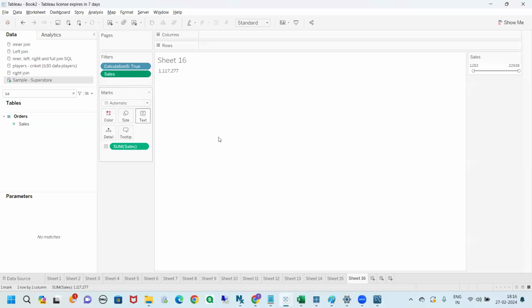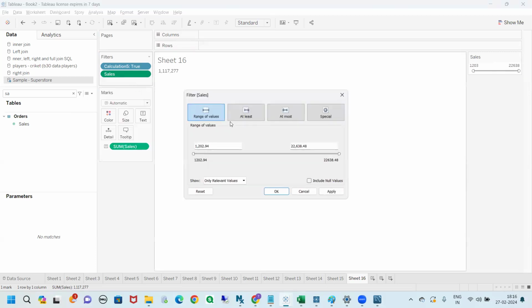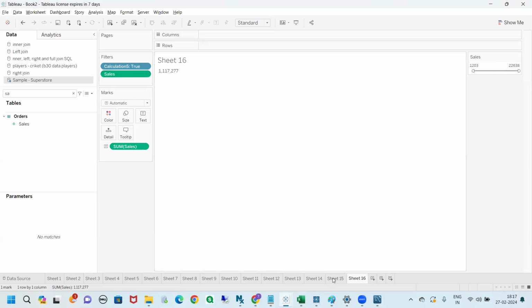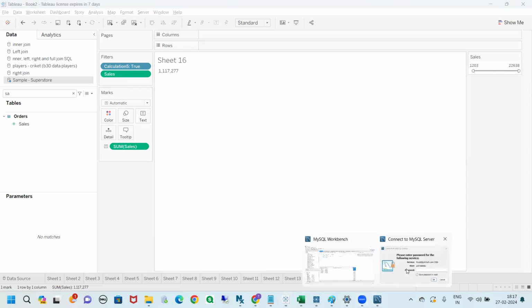So if you want to provide the user to select a minimum value and maximum value, right? You can simply go to the range of values option. If you want to provide like that, I don't want to tell you again. So just these are the conditions. So if you want to apply the same conditions in the SQL, right? What I can do is